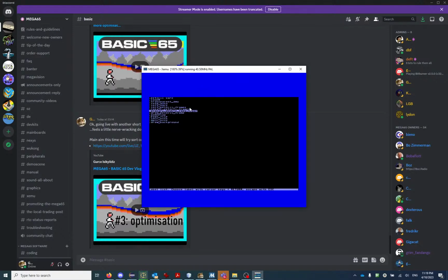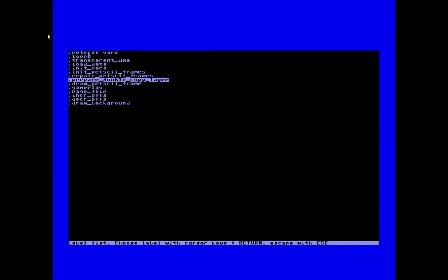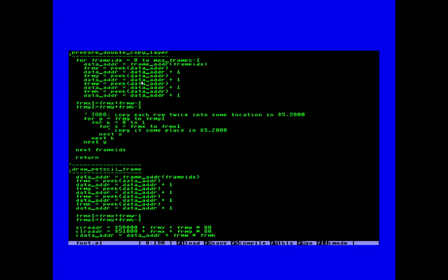optimization that I had underway was inside prepare double, or maybe I'll get full size with the F11 key. And yeah, so it was in that prepare double copy layer. I was starting to read from that pointer in bank 4 and get out the current frame X, frame Y, frame width, frame height, and get some helper variables to get the second coordinate a bit